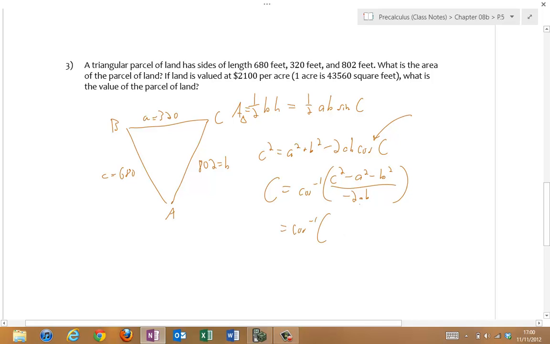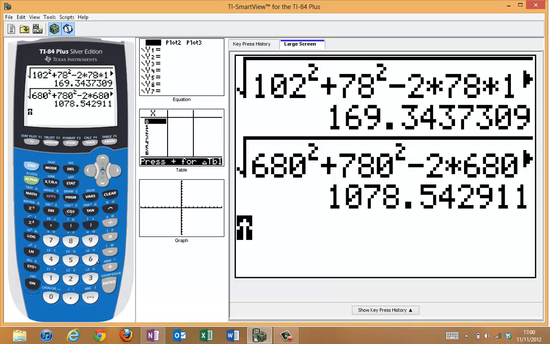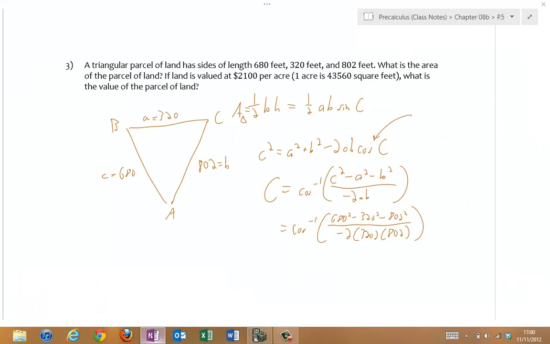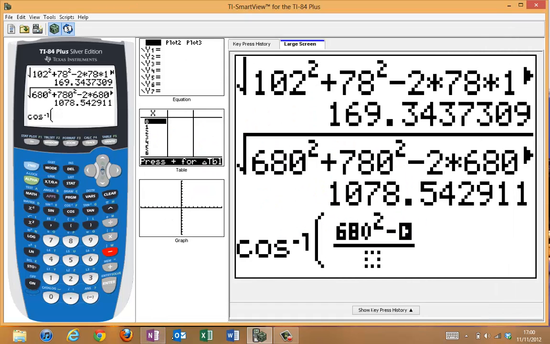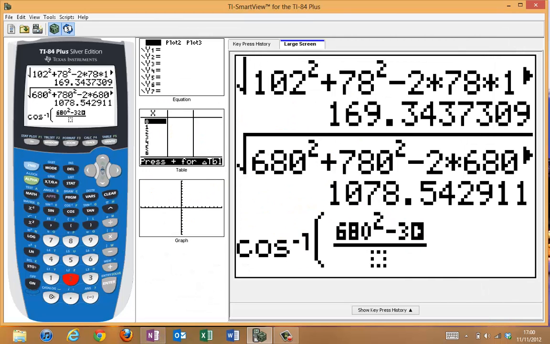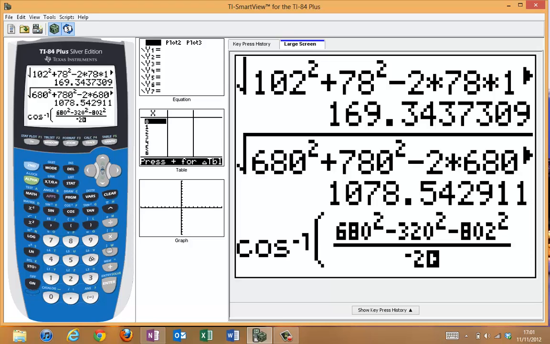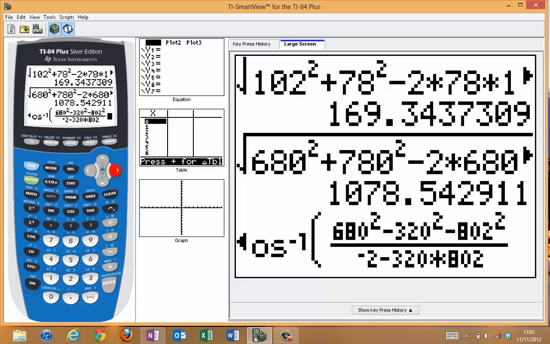Do some substitution. That's arc cosine of 680 squared minus 320 squared minus 802 squared over negative 2 times 320 times AB. So that's 802. Close. Okay, let's punch this all in the calculator. Arc cosine, alpha y equals, build a fraction. So that's 680 squared minus 320 squared minus 802 squared over negative 2 times 320 times 802. Over to the right, close, and then